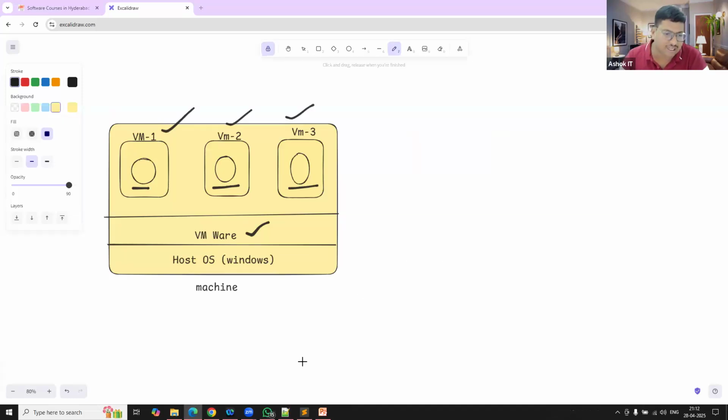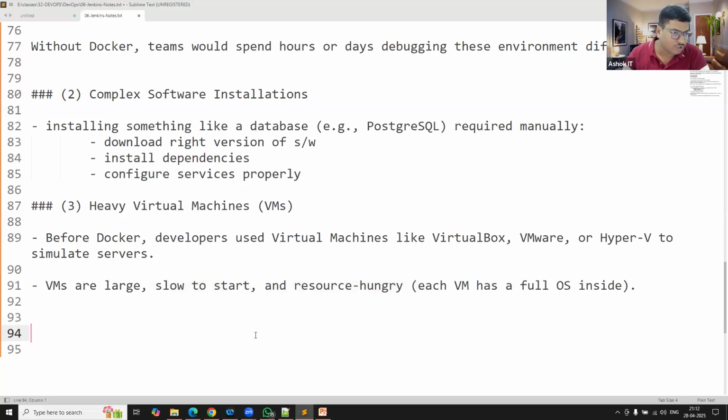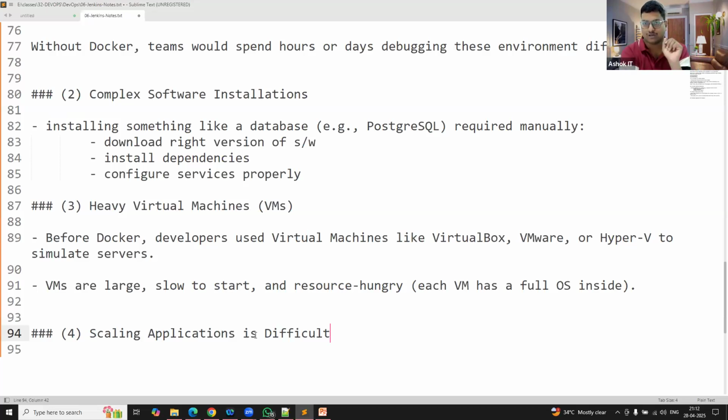Scaling the application is difficult. That is another problem. I want to run my application in multiple machines. Is it easy to scale the application? Scaling means I want to deploy my project in multiple machines. Currently my project is running in 3 machines. Now I want to run my project in another 3 machines. I want to scale up my servers. Currently, my project is running in 3 servers, but so much load is coming to my project. Instead of 3 servers, I want to run my project in 10 servers. Immediately, can I run my project in 10 servers?